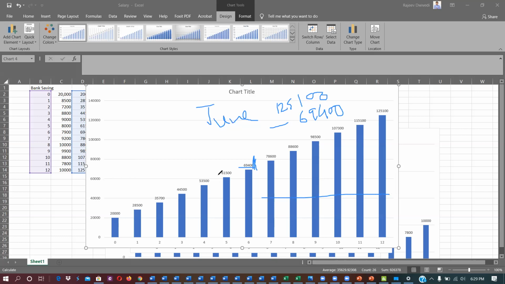Suppose the question is, what is my saving up to May? Up to May means I can directly get the answer here. This is the beauty of cumulative function, that in one shot I can get the answer. Otherwise I have to sum each event one by one, 5 or 6 times, and then I can get the answer. If I'm asking above some limit, I know the total and then I subtract the below part and I can get the rest of the events. If I know up to this, I can directly get the answer.